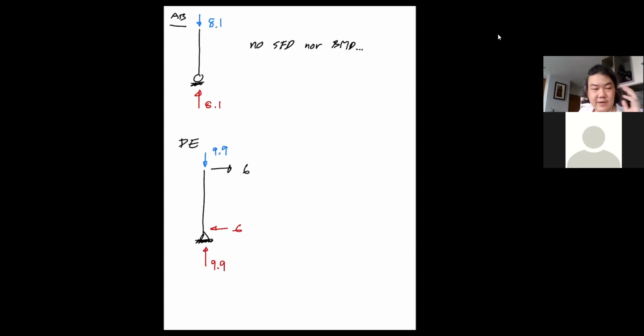But because we have two 6s that do not coincide, we know this couple is going to give you the clockwise moment. So we have to have the counterclockwise moment at this location. Okay, and that moment at D